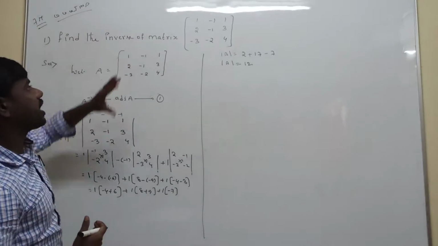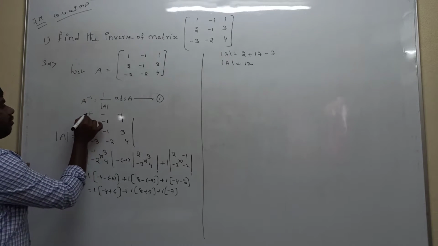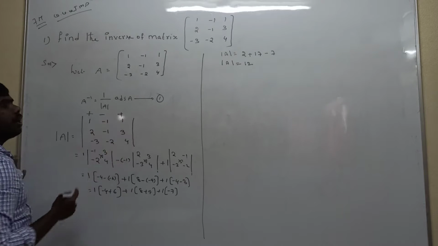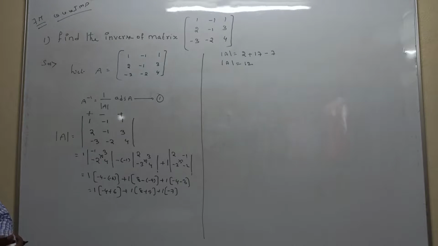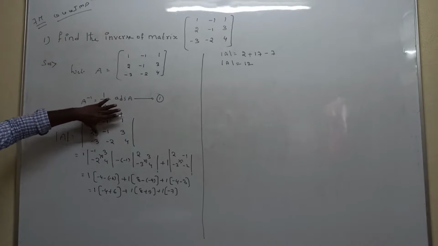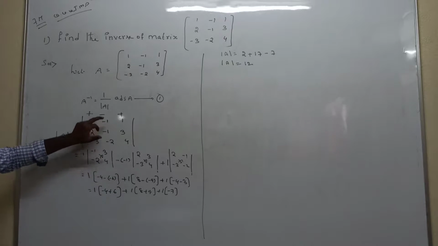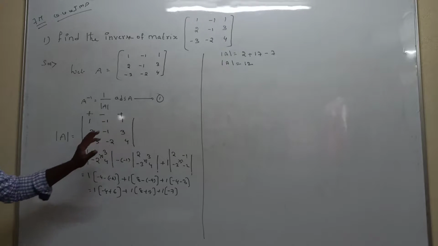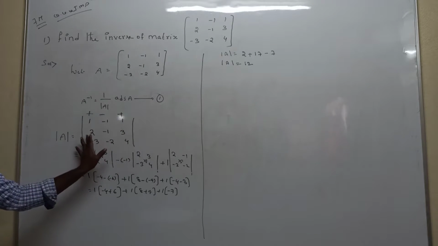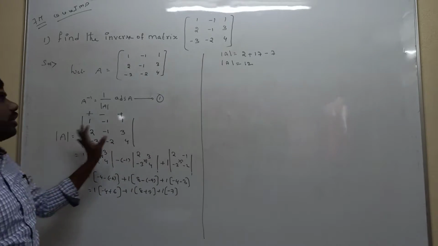Here the given matrix is to calculate A inverse. So A inverse is equal to 1 by delta into adjoint of A. That's why first we calculate the determinant of A. First take the determinant and substitute the values. This is a 3 by 3 matrix, so we consider alternating signs plus, negative, plus. First we take 1 present in the first element, and write the determinant of the remaining elements. Minus 1, second element, remaining elements are 2, 3; minus 3, 4. Plus 1, the third element, remaining is the determinant of 2, minus 1; minus 3, minus 2. After cross multiplication, finally the determinant of A is equal to 12.